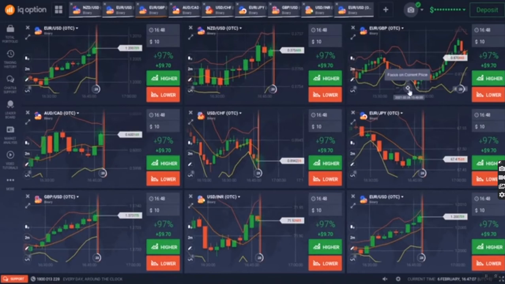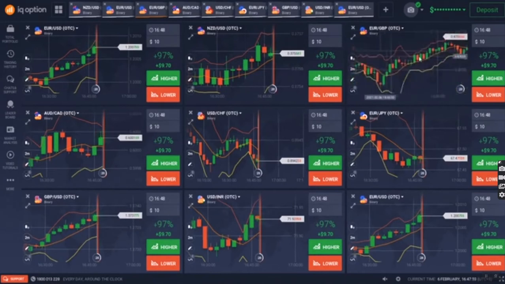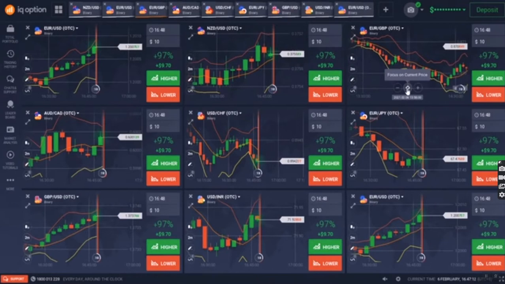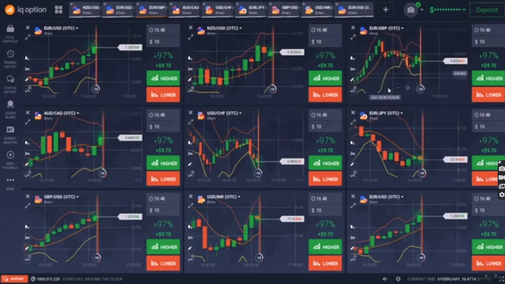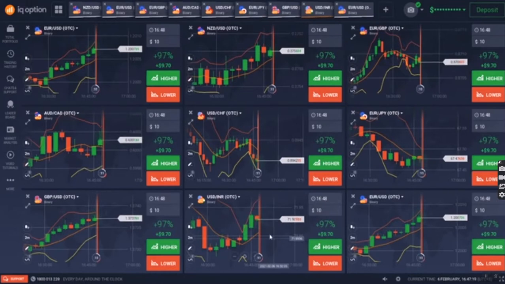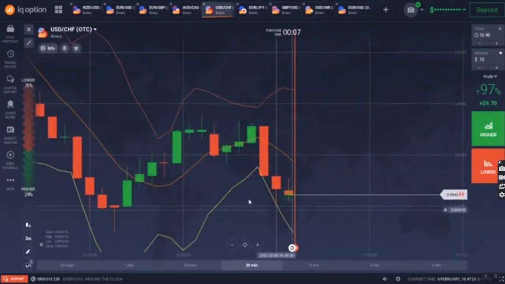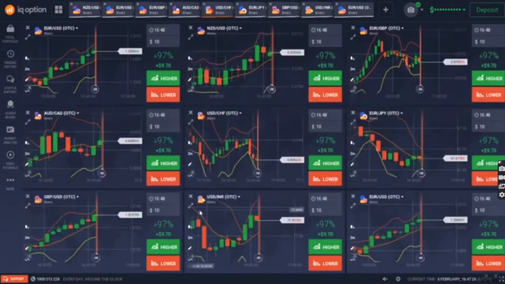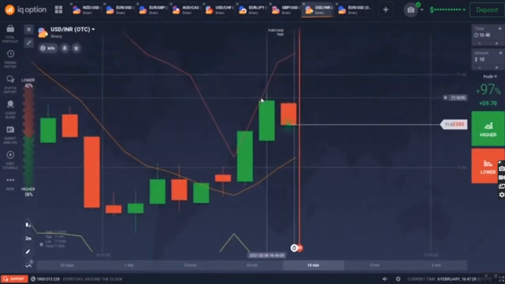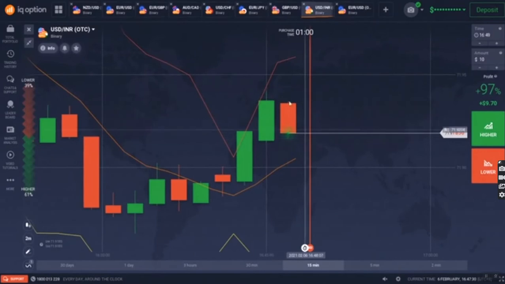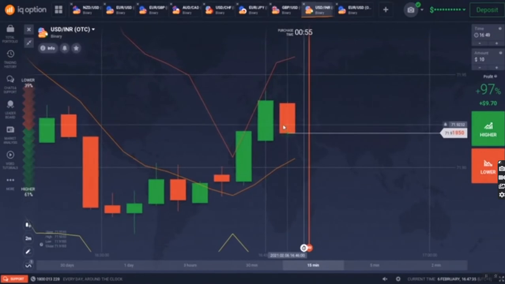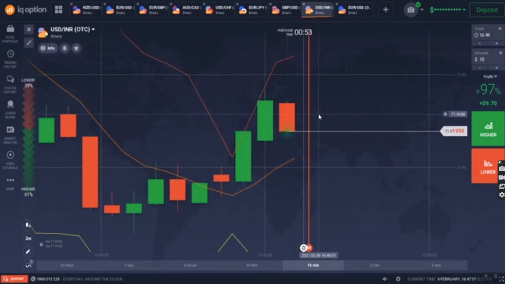Okay, you will always have things to see. If you miss out on the prices, go back to your screen, press this, focus on current price. Then you can always take note of the other currencies. Like for these two, this one touches, no count, move on. This one touches, no count, but we have a potential here. So if this candle at the end of 1648 is a red candle, next trade we will do a red candle sell.